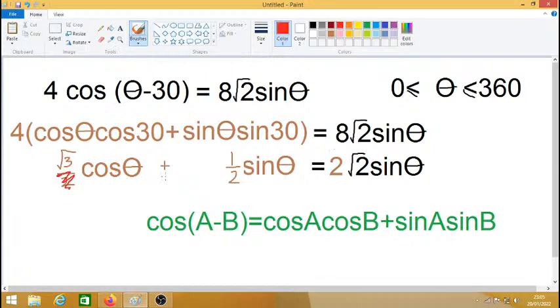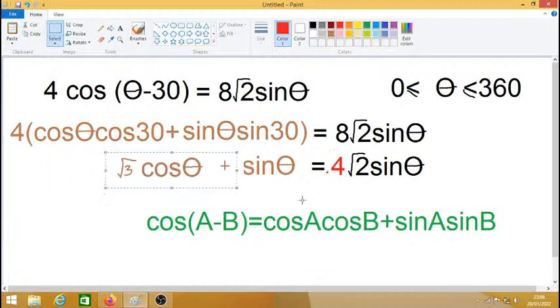So times by 2, times by 2, and times this by 2. So that will become 4. That will just become 1, and that can disappear since the 1 doesn't make any difference. That'll be root 3 cos theta. So now try and collect like terms. We've got cos theta plus sine theta, but the sine theta can go to the other side where the other